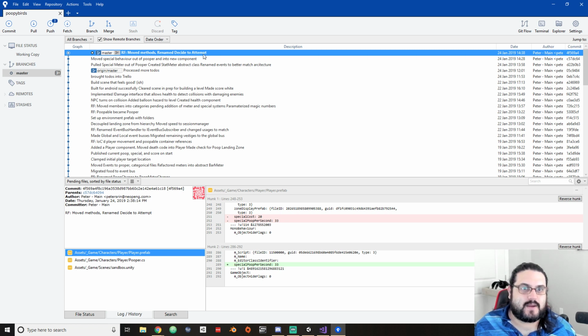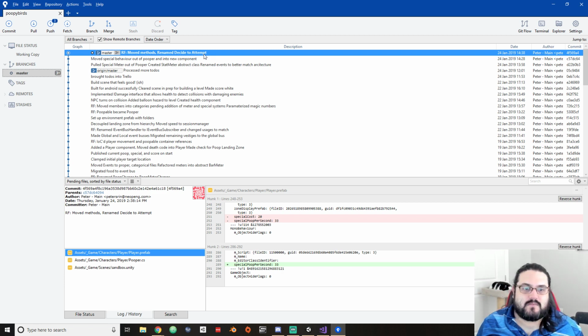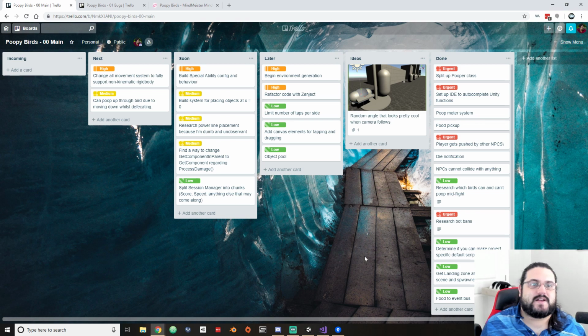Moved methods, renamed decide to attempt. Oh, gotcha. Interesting. So the convention is: move methods and rename decide to attempt. Gotcha. Why is that? What I was going to say, actually, before you get into why that is, it's time